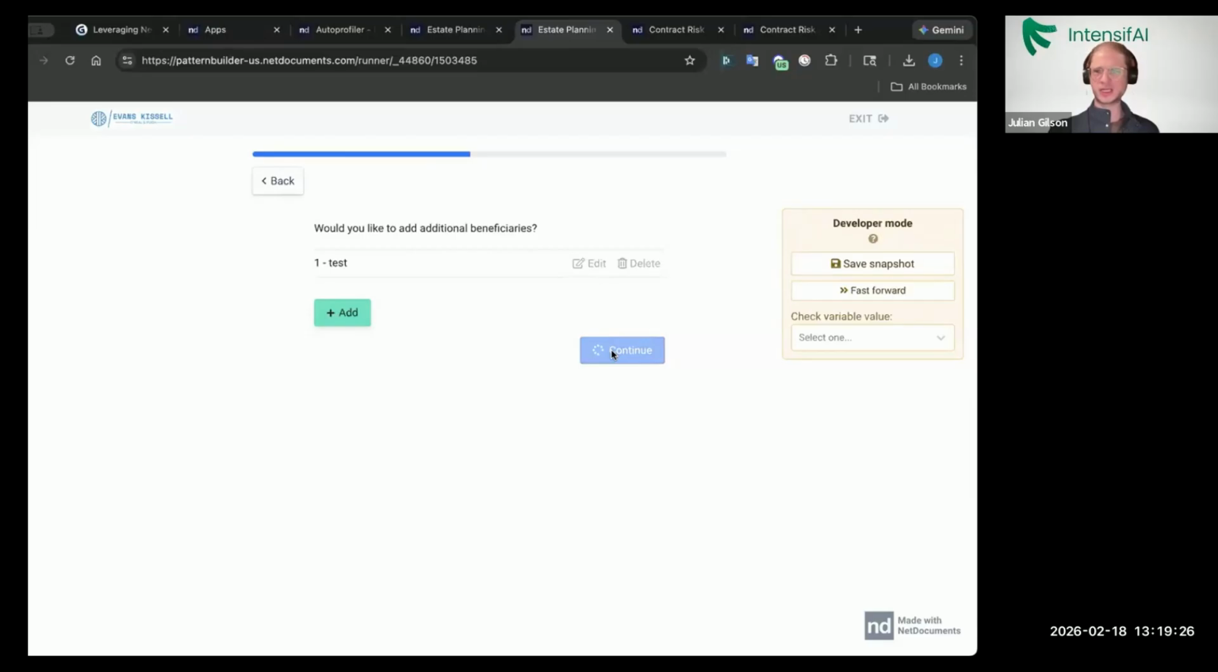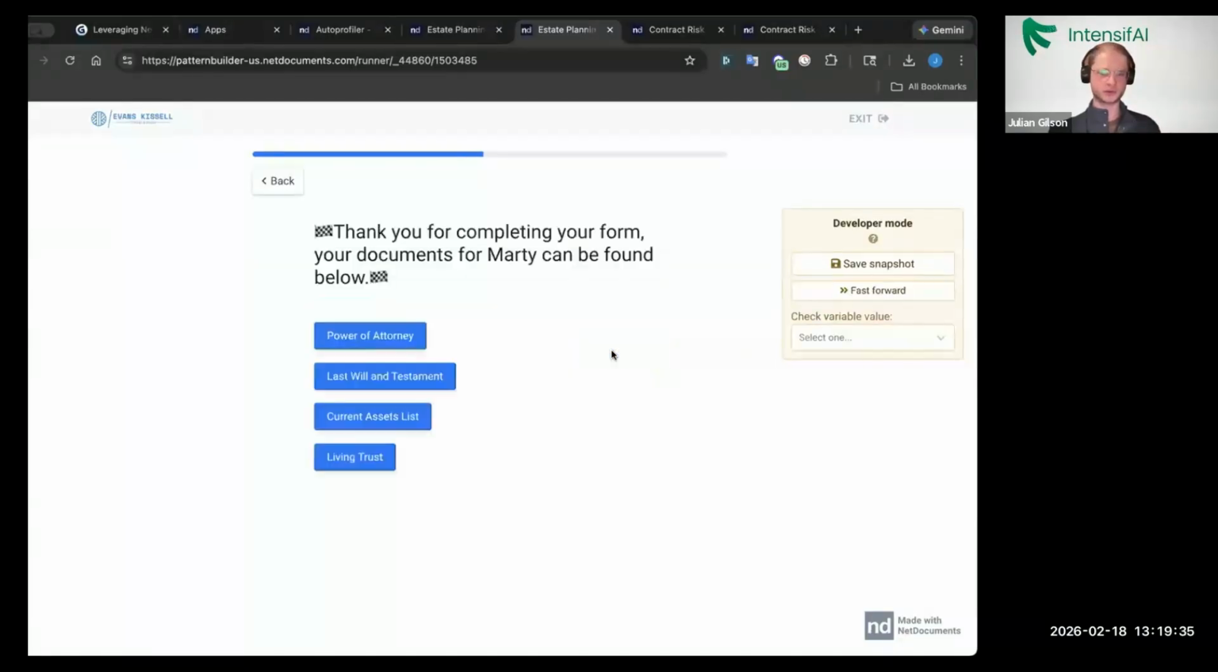No more beneficiaries. Just to give you a sneak peek, here's how this particular pattern builder works. Soon we're going to have a bunch of different documents: power of attorney, last will and testament, current assets list, living trust, within seconds. And you can imagine you can combine these two features, AI features with those document generation features,